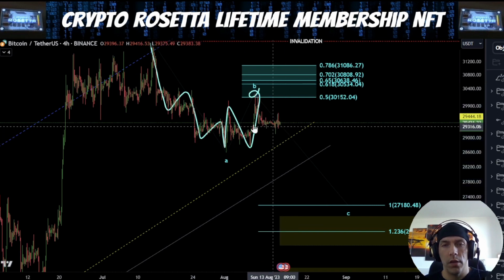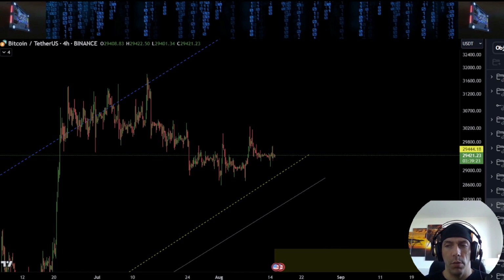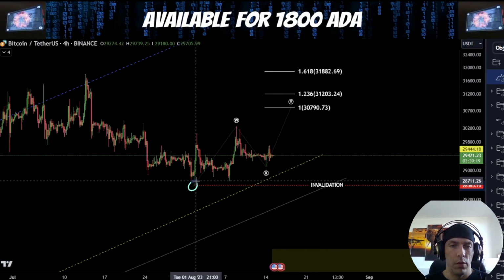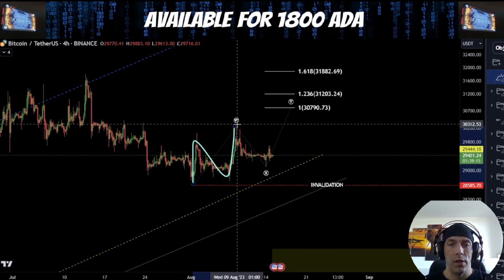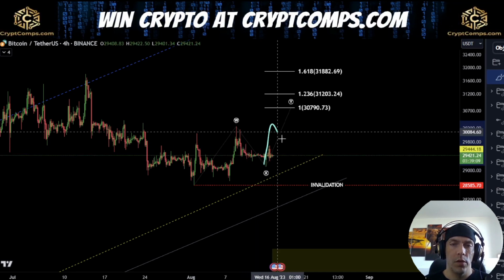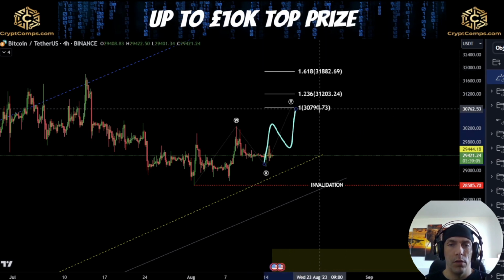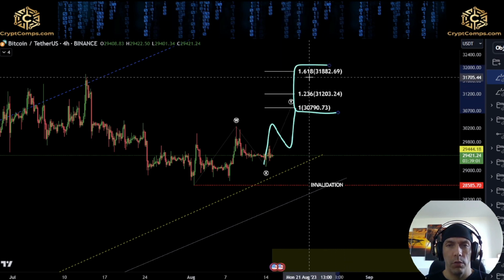Once again, within this idea, it is also possible that this B wave is incomplete. Now, we need to be just respectful that if we are looking at this move as completing into this low, what we could have is that this could actually just be a 3-wave move as a zigzag here. And then we look at this potentially as a connector wave. Now, if this is a connector wave, what we could be looking for is another 3-wave structure to the upside here, looking to push us up into this zone of this 30,790 to this 1618 level here of this